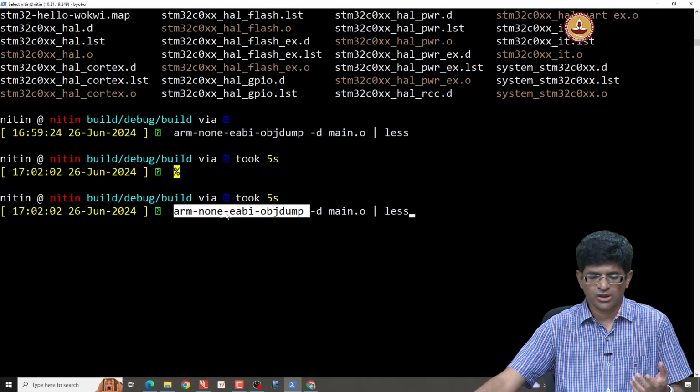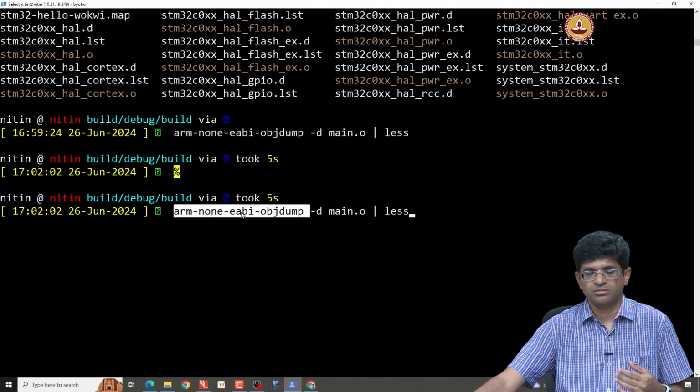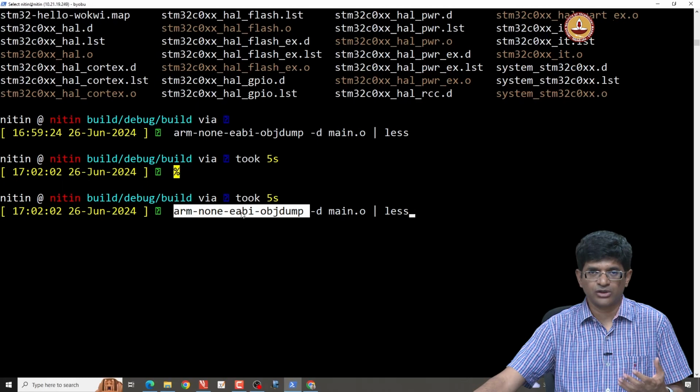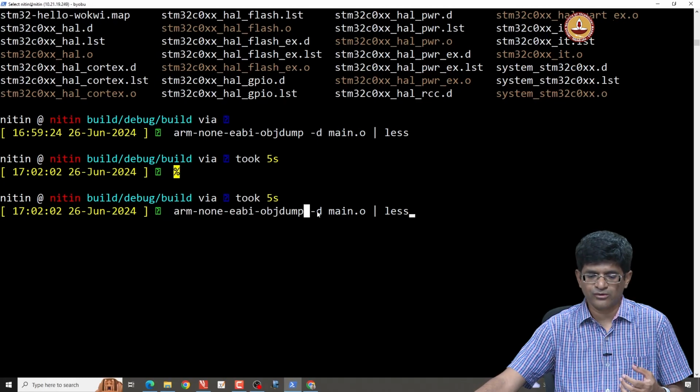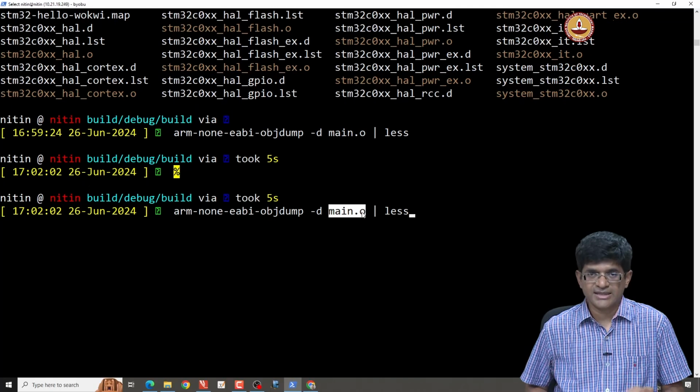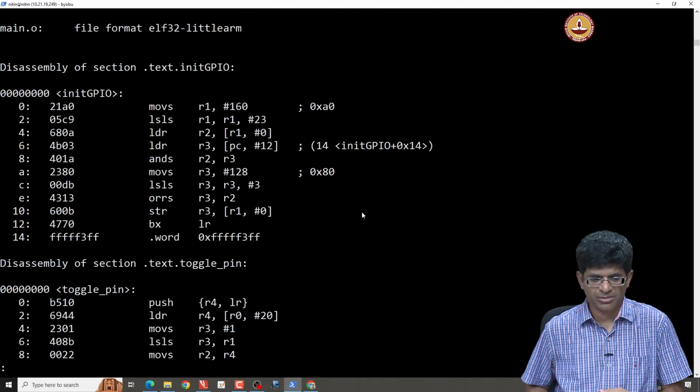Don't worry too much about what the none and the EABI stand for. They basically refer to the fact that there is no operating system involved over here. But what is important for us is that it's able to disassemble. This -d flag stands for disassemble an object file, in this case main.o. So when I look at the result of disassembling in this way,